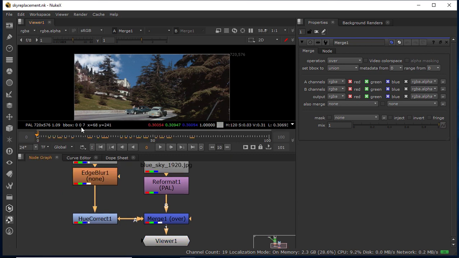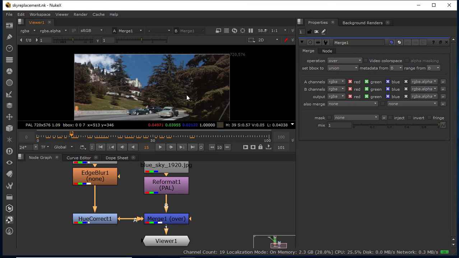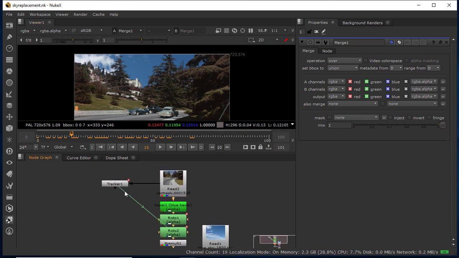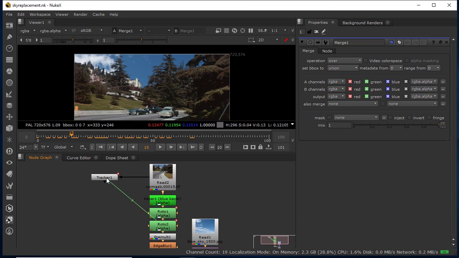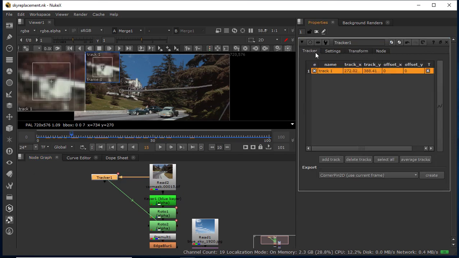Now if you want to move your sky according to your footage motion or your camera motion, first we have to generate motion data from our tracker. Double click on your trackers. Here in the tracker parameters there is an export option.